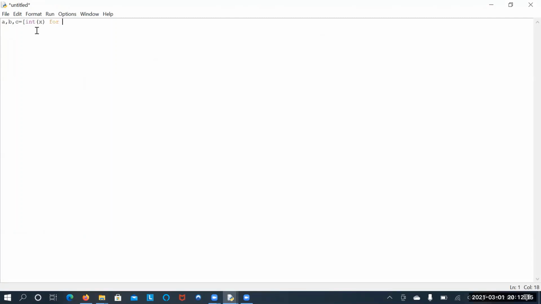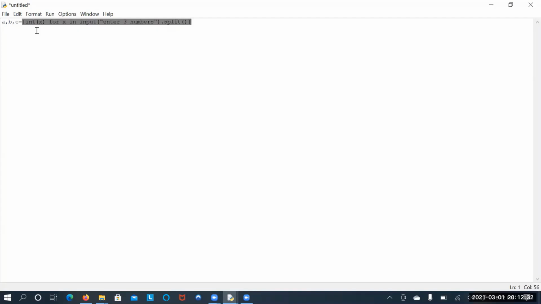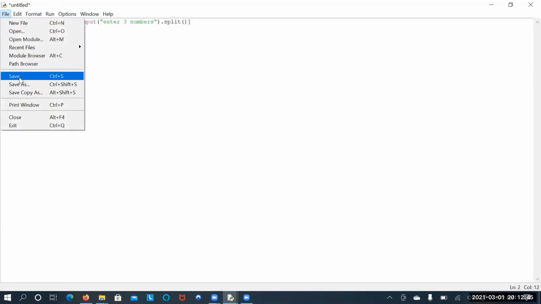So for each x in, please mute your mics, input of "enter three numbers" or "enter three values" dot split. And next I am asking print of a plus b plus c. Now let me run this code.